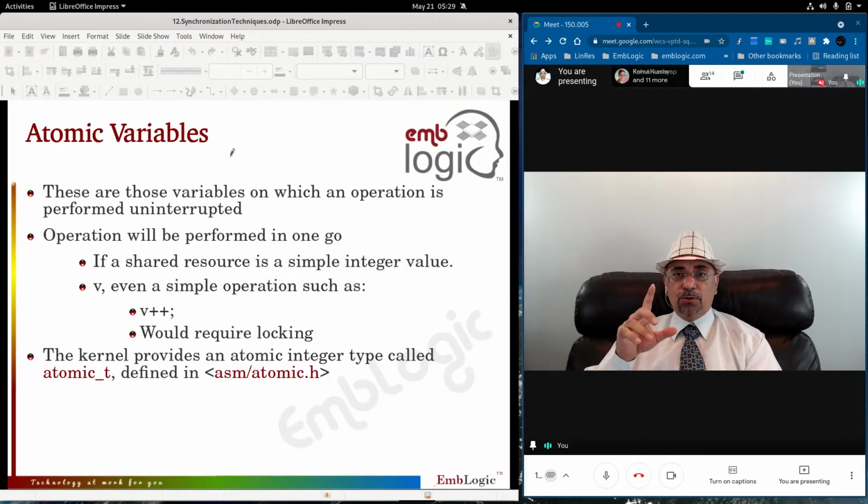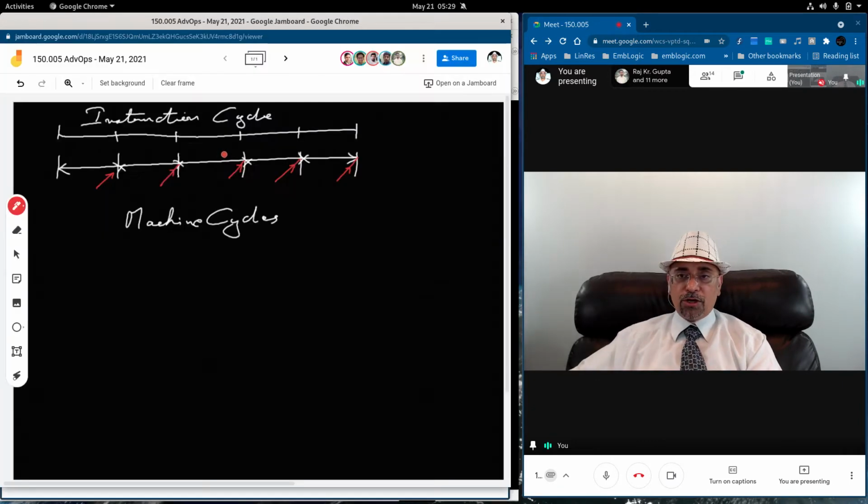Now we are not going to make instructions atomic. What we are going to make atomic is the variables. Variables will be made atomic.